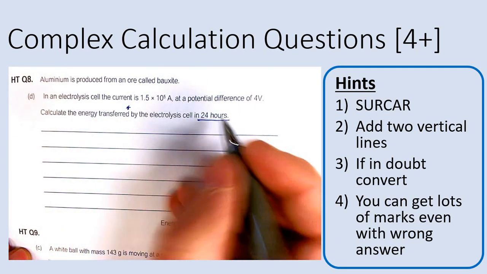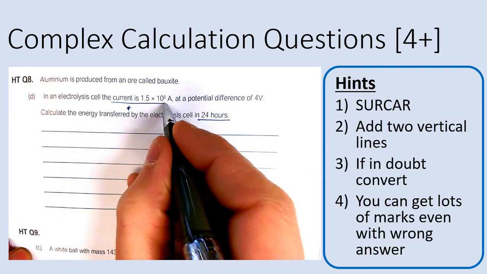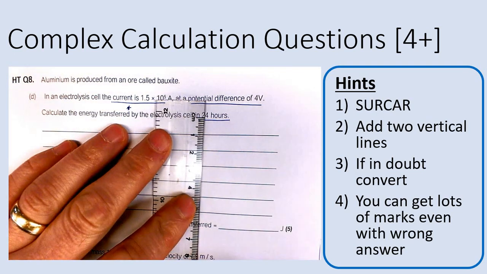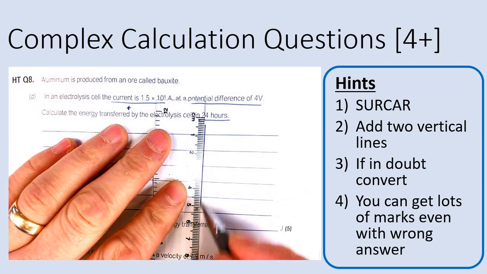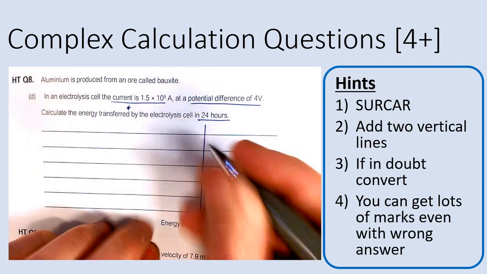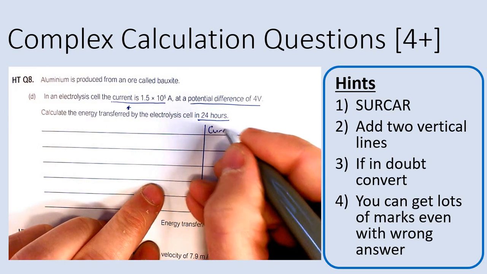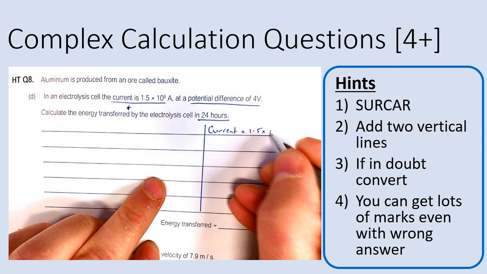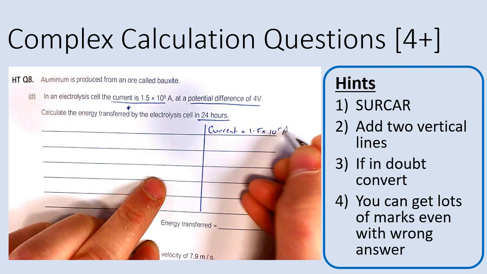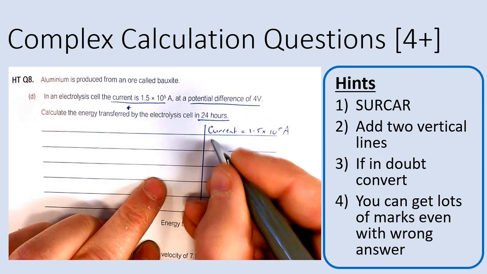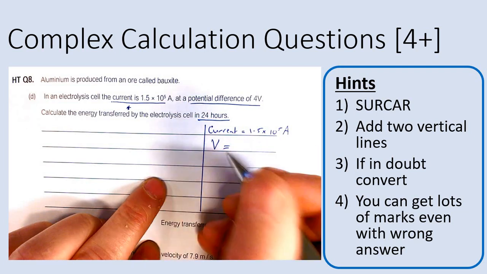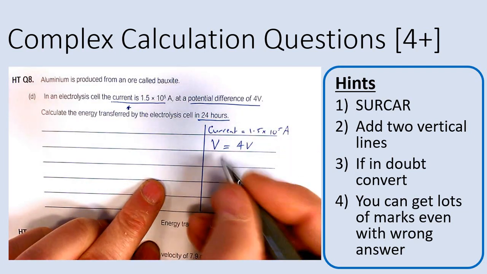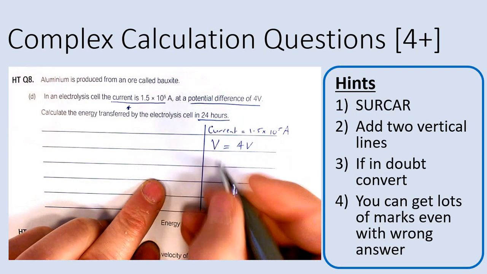So underline things I know. Current is that. Potential difference is that. I'm then going to rewrite my values. So down the right hand side again, I'm going to rewrite the values. Current equals 1.5 times 10 to the 5 amps. PD, which I know is a voltage, is measured in volts. V is 4 volts. These are all normal units that I've got here. And time